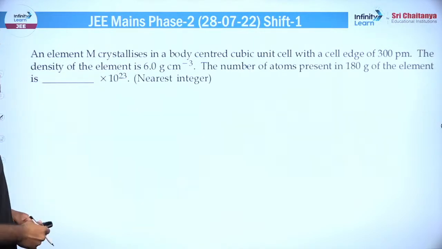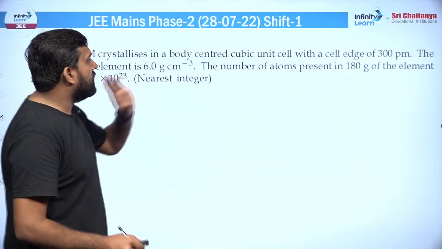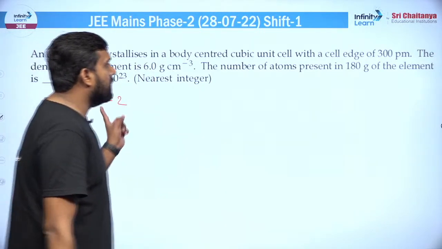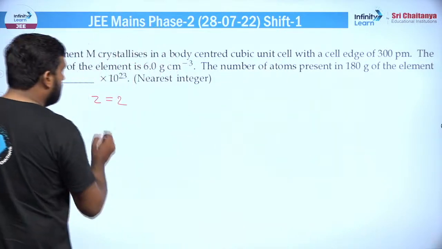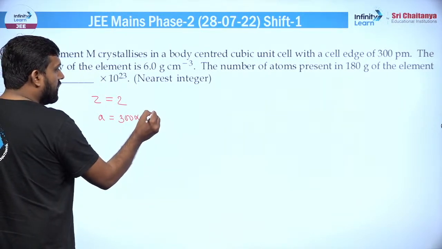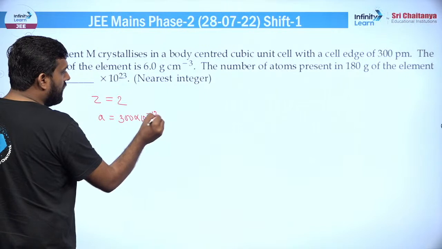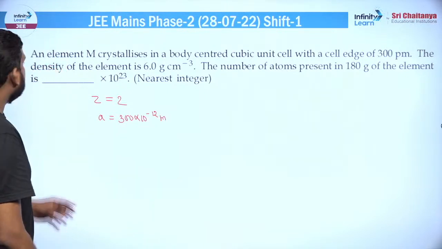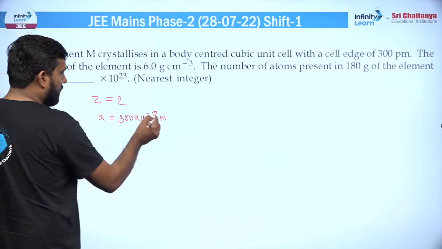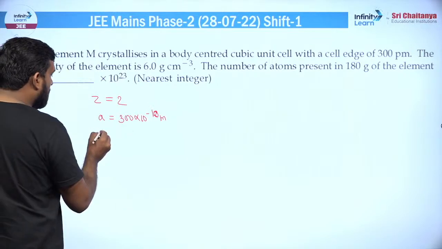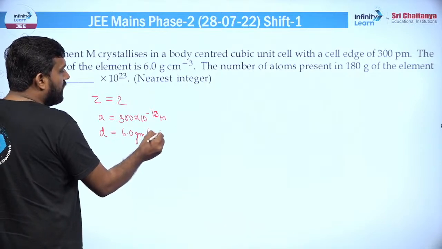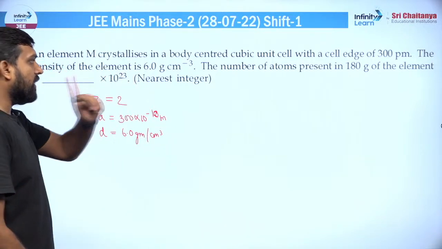गोइंग टू द नेक्स्ट क्वेश्चन, एन एलिमेंट M क्रिस्टलाइजेस इन द BCC क्यूबिक यूनिट सेल, तो BCC है तो Z इफेक्ट जो Z होगा वो 2 हो जाएगा, मतलब कि नंबर ऑफ एटम्स इन यूनिट सेल विथ एन एज लेंथ ऑफ दिस, तो A आपको दिया गया है, A जो है वो आपको 300 इंटू 10 टू द पावर -10 या 12, हाँ पीको में दिया गया, -12 मीटर दिया गया है, ठीक है। द डेंसिटी ऑफ द एलिमेंट इन, अच्छा इसको तो सेंटीमीटर में रखना पड़ेगा फिर, क्योंकि इन्होंने उसमें पूछा हुआ है। डेंसिटी आपको दी गई है, डेंसिटी जो है वो 6.0 ग्राम पर सेंटीमीटर क्यूब है, ठीक है।